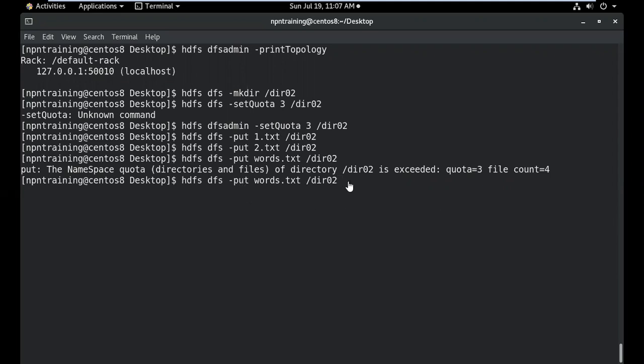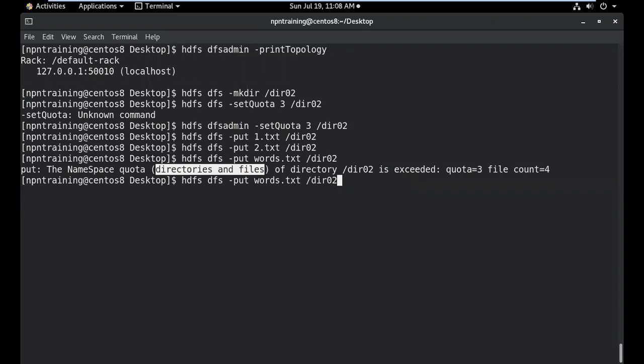I think the command is, yeah, Venkatrao, go ahead. Naveen, is it the number of files or the size of the files? As far as this quota is concerned, it is the number of files. Okay, because this words.txt is a huge file. Yeah, it's the number of files, and it clearly says so, right? Okay, different files.